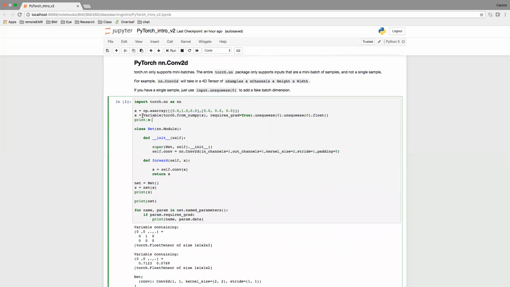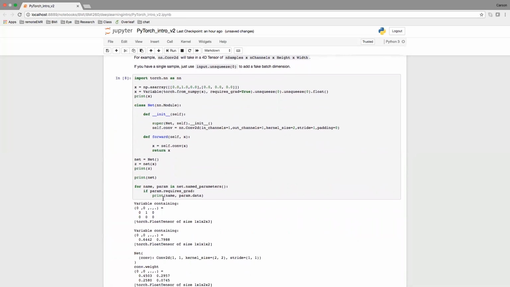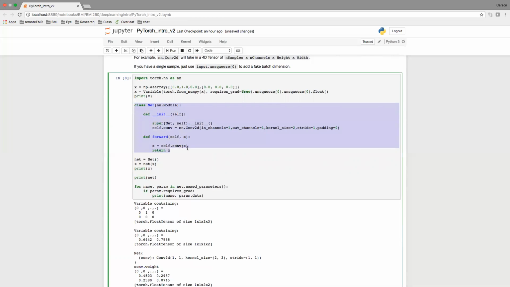So I'll run this and work you through it. I printed out the input image right here. It's a variable of the float tensor type. Then I create this class, and you'll put your neural networks into these classes in this format, where there's an initialization, a constructor, and then there's the forward pass through the neural network. This neural network is not really a neural network because all it has is one convolutional operation. So I've initialized it, and I've stated the operation, which will be a convolution where the number